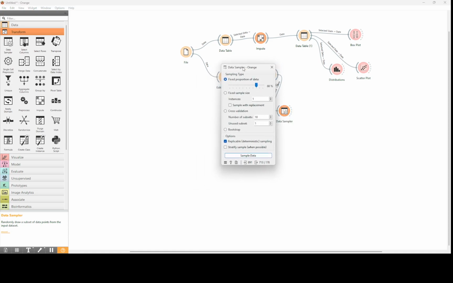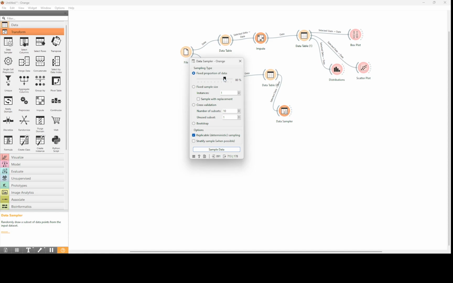In this widget, we can divide the training and testing data set. That can be 60, 70, 80%, whatever. Typically, it is advisable to use 70% for training and 30% for testing. But the larger the training data set, the better the model fit can be. So we are using this one.